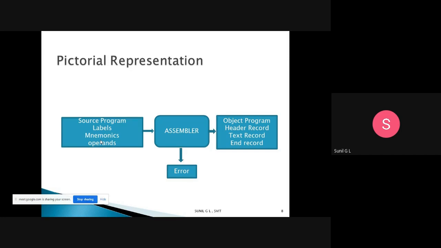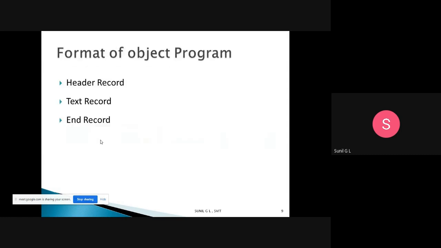What are the contents of source program and the contents of object program. We also discussed the format of object program, which has three records: header record, text record, and end record.